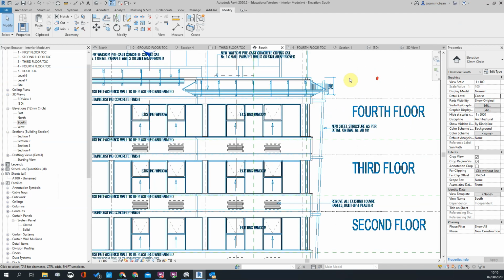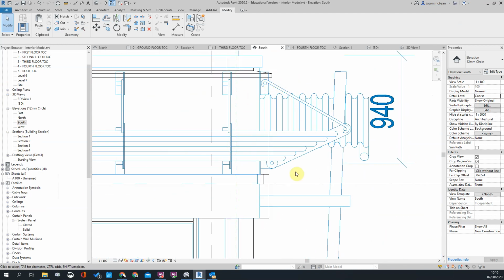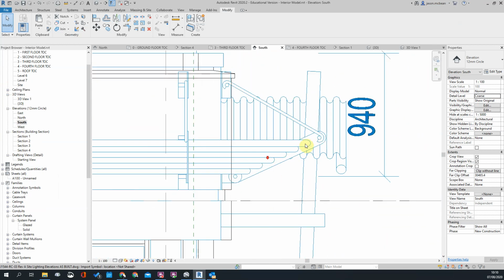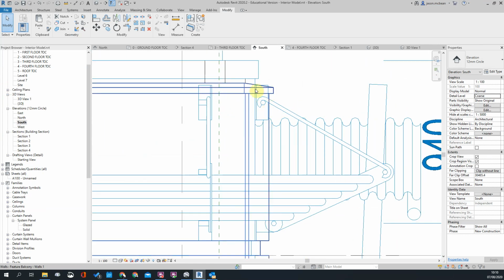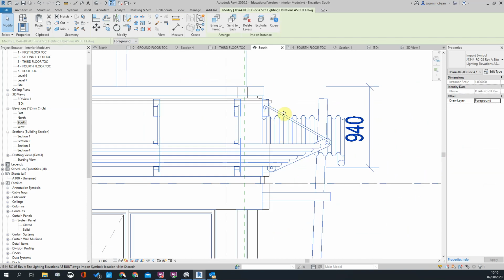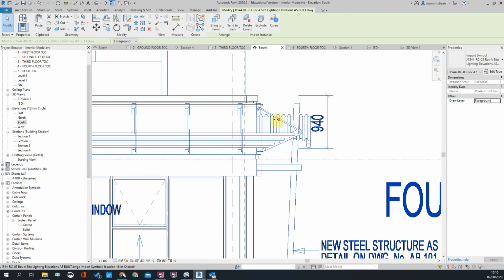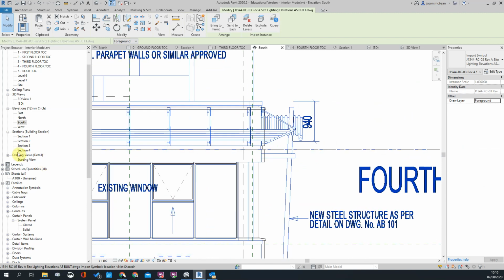AutoCAD file, you'll see that I've got some detail to work with here. So this is pretty straightforward. I'm going to make this detail first, this piece over here. So what I'm going to do is Control C, copy this, and I'm going to put it